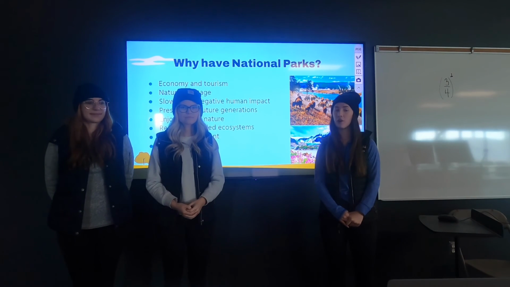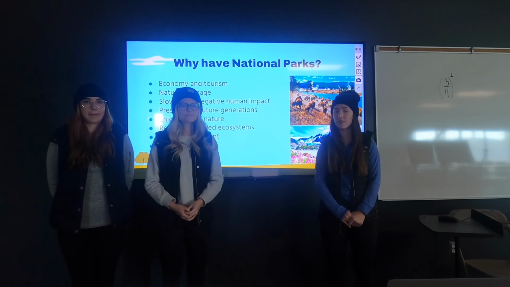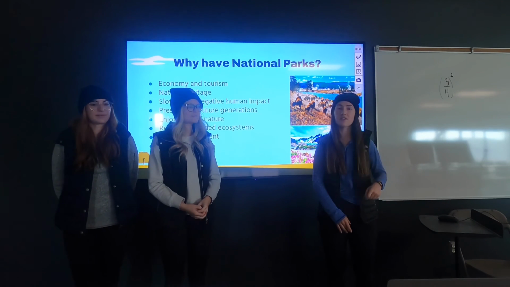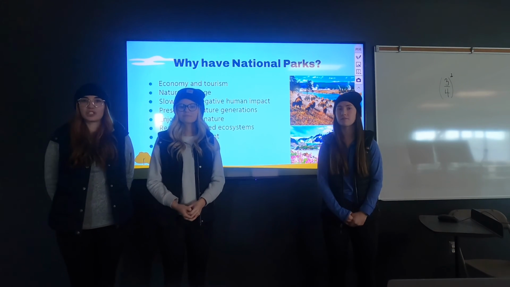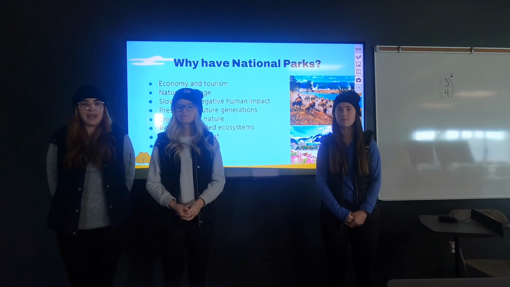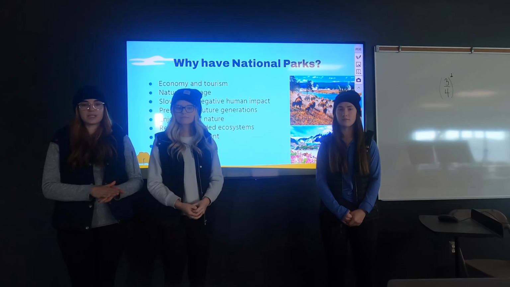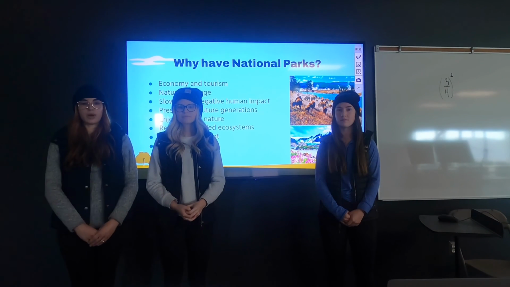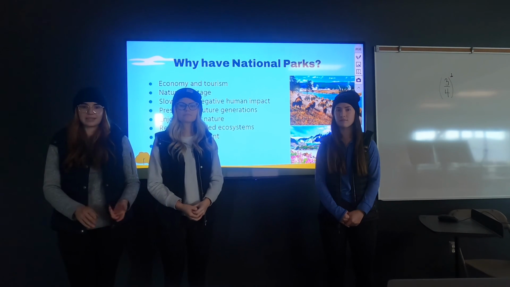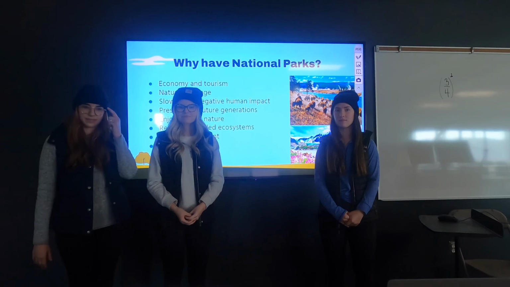National parks provide learning experiences for Canadians by educating them on Canada's diverse land and the importance of protecting it. National parks work to slow down the negative impacts that humans have on land. They help to restore degraded ecosystems and protect the resources. National parks also help against natural disasters such as landslides, avalanches, and reduce flooding.